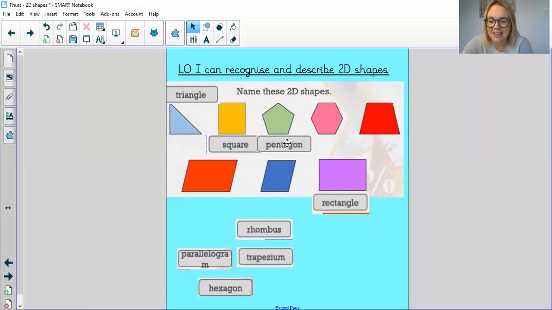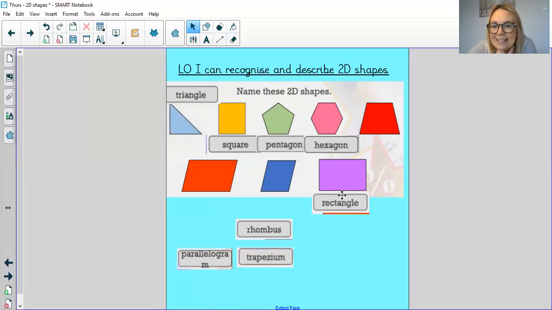Now, the hexagon. The way I always remember a hexagon is that the word hexagon has got an X in it. Okay, as you can see down here, it's got an X in it. Which number has got an X in it? It's the number 6, isn't it? So, therefore, a hexagon has got 6 sides, and I always remember that the X is in hexagon and